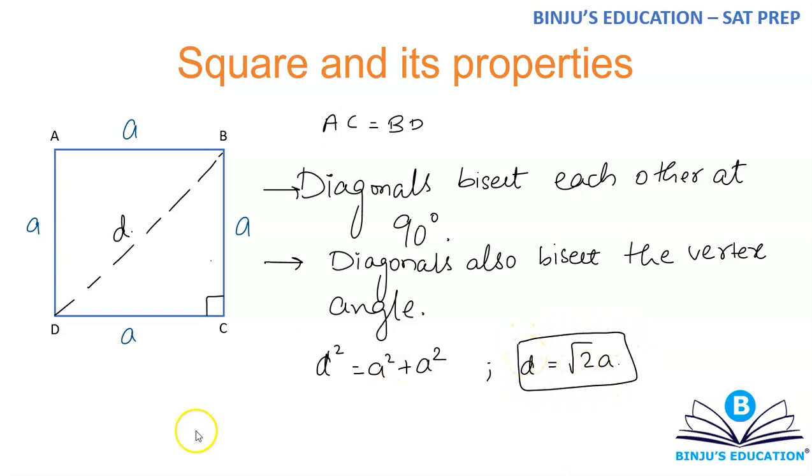If you want to calculate the area of a square, you can either calculate with the help of rectangle, because it's a type of rectangle, so you can multiply A into A, that will become A square. In case of rectangle, we used to do length into width or length into breadth. In this case, the length is A, the breadth is A, so it will simply be A into A, which is A square.